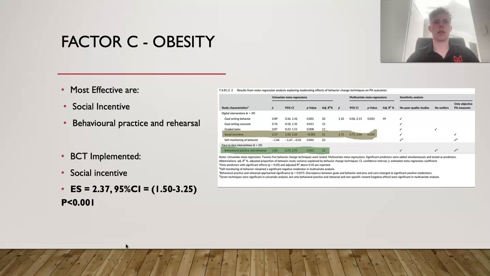In regards to obesity, a meta-analysis focused on individuals with obesity found social incentive to be the most impactful BCT in promoting behavioral change. It had a p-value of less than 0.001, indicating strong statistical significance. Additionally, it recorded the highest confidence interval of 1.50 to 3.25 and had the largest effect size of 2.37. Behavioral practice and rehearsal was the next most effective with a p-value of 0.001,